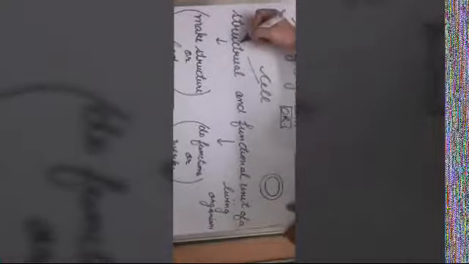Now, another definition of a cell can be that it is the structural and the functional unit of a living organism. Now, what does this mean? The word structural means it makes the structure or the body of the organism. For example, if suppose this is a red blood cell, you can consider it as a blood cell. So the blood cell will make a structure, like it will make the blood of an organism. So a cell makes the structure or the body of an organism, and also it is a functional unit.